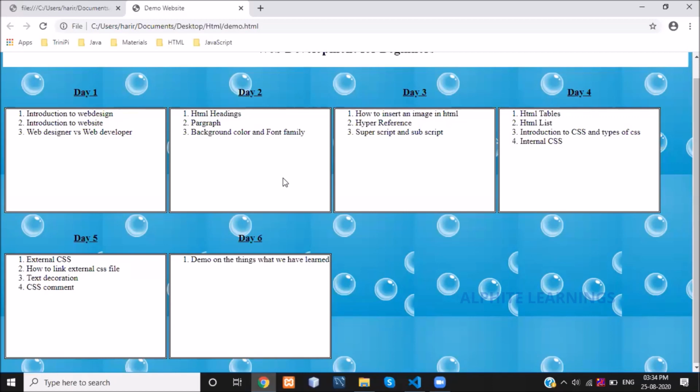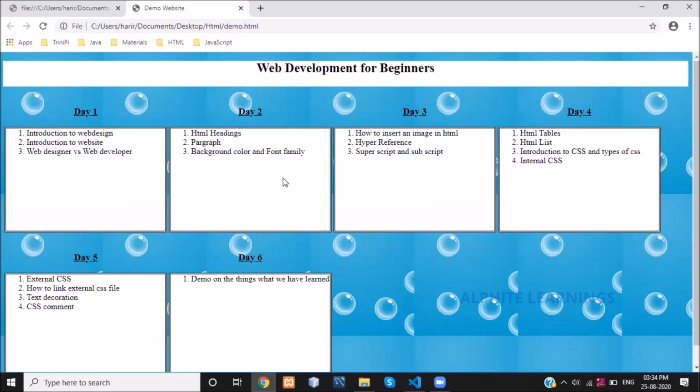So this is all from day 1 to day 6. I have mentioned it in a very simple, basic format, with all the things we have discussed so far. So what will be the designing part? How can we make the look and feel good? Let's see about it.